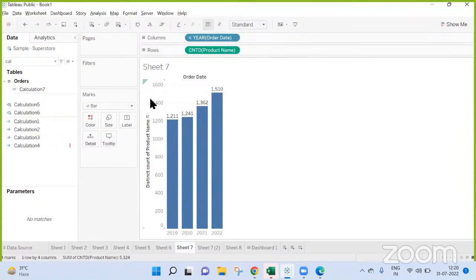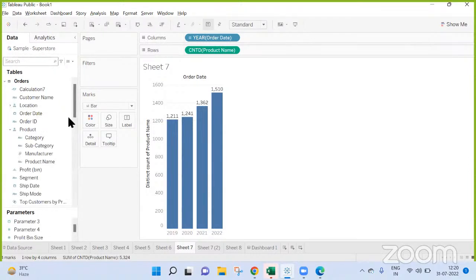Can you try to mimic that? We are not able to get what you are saying. Can you please mimic that with your Superstore, or at least send a screenshot to me on WhatsApp or Telegram? Okay, I will send you this. Meanwhile, I'll look into other doubts.